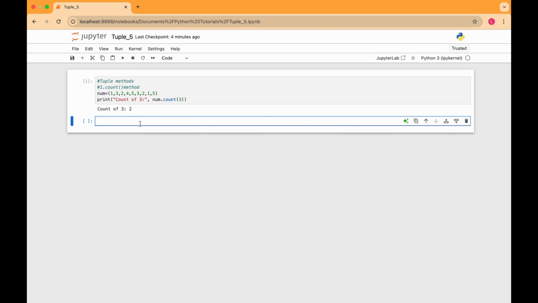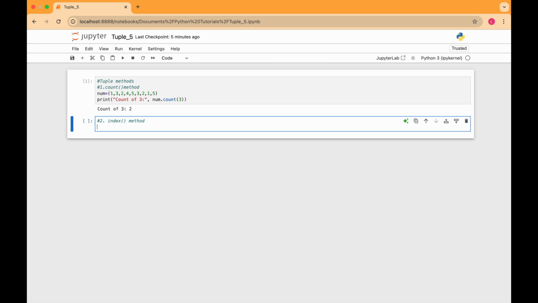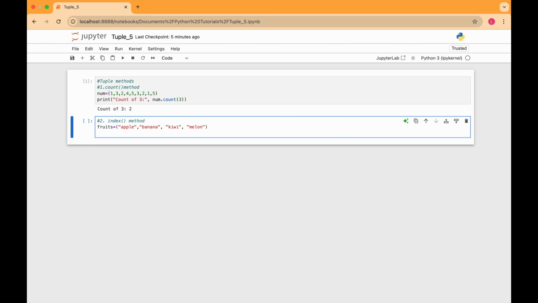Next one is index method. So hash index method. This method returns the first position where value appears. So if I have like fruits equals to, and then I will write here apple, and let's say banana, and then let's say kiwi, and then melon, and now I want to know the index of banana, then I have to print it as